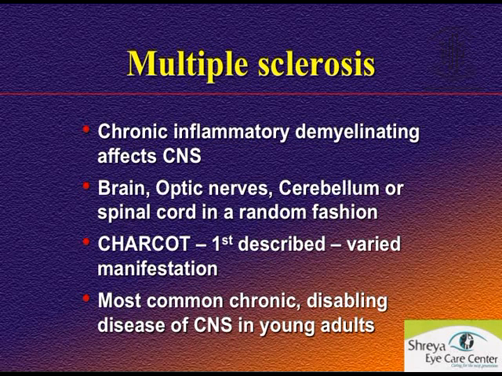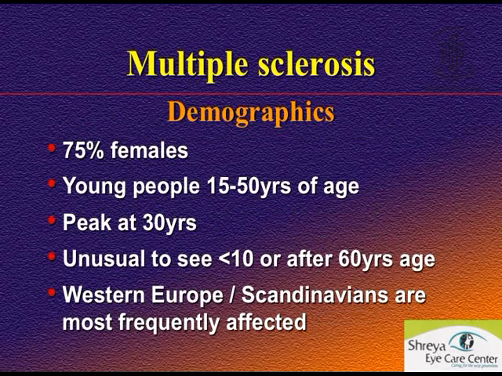multiple sclerosis, because optic neuritis is nothing but an early presentation of a degenerative or demyelinating problem involving the nervous system. As you all know, it's a chronic inflammatory process involving the brain, optic nerve, cerebellum, and spinal cord. Charcot was the first person who put forward the manifestation of multiple sclerosis. It affects young individuals, and the age group is between 15 to 50 years, rarely below 15 and rarely above 50, but sometimes up to 60 years,